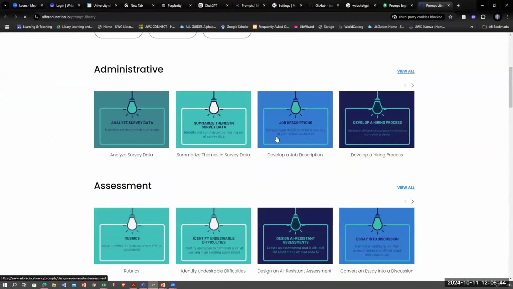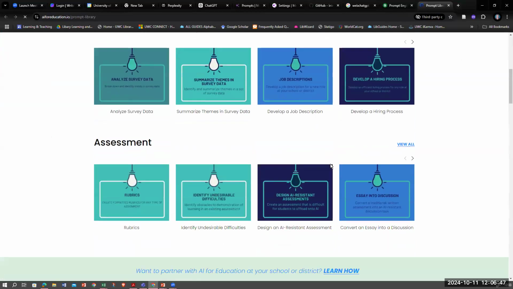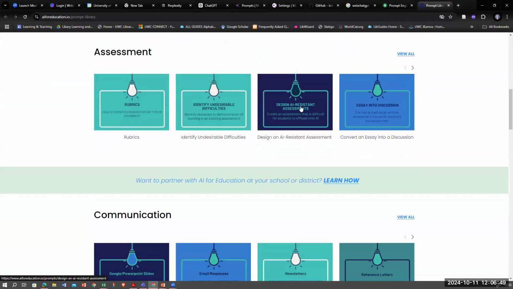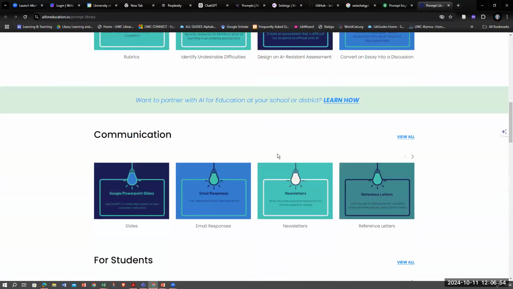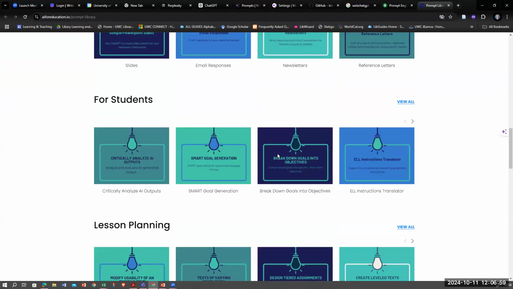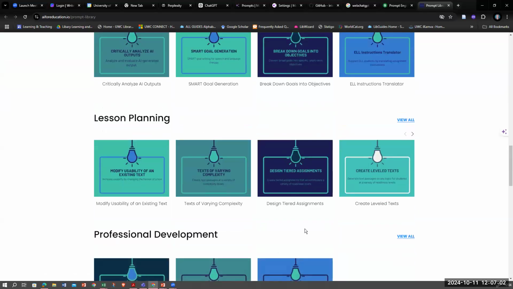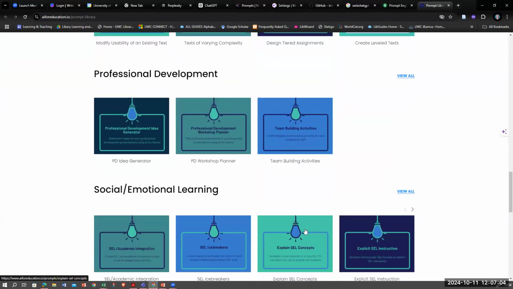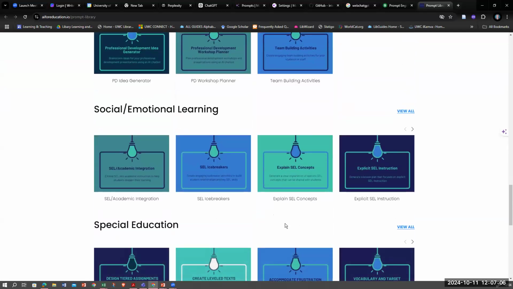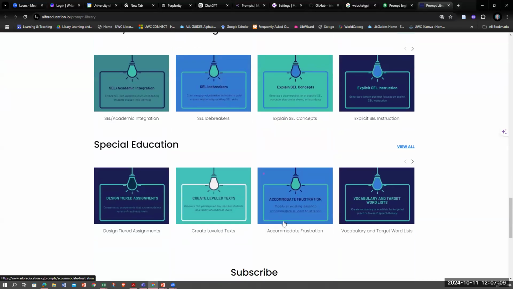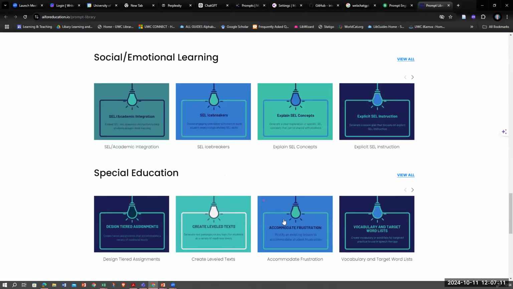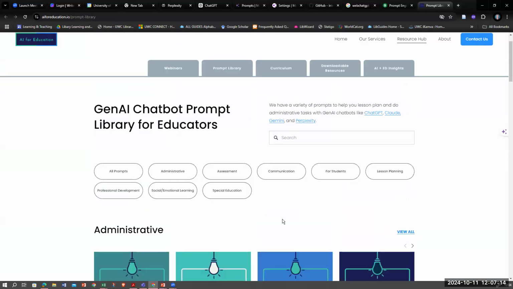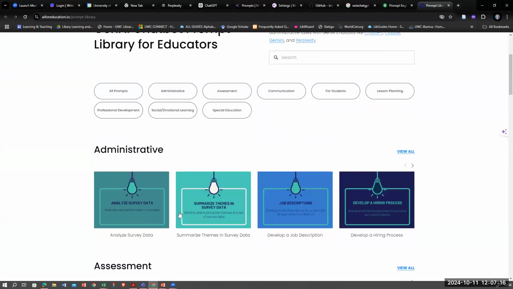For analyzing survey data, very pertinent these days, these AI resistant assessments. Obviously this is designed for educators, but there are a fair number here that one could more than likely adapt for our settings. So if we just take a look at this one quickly,